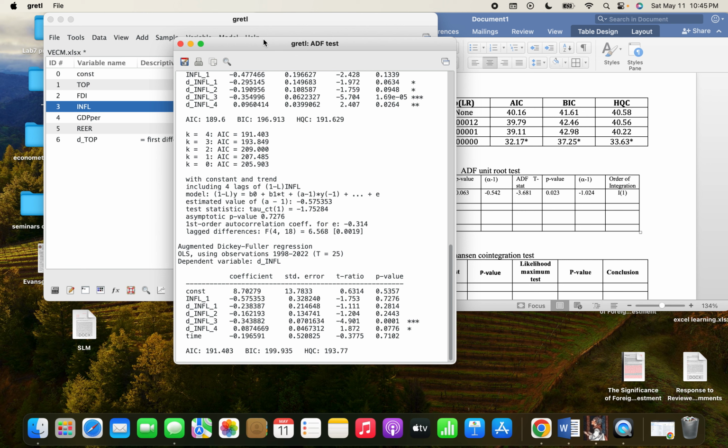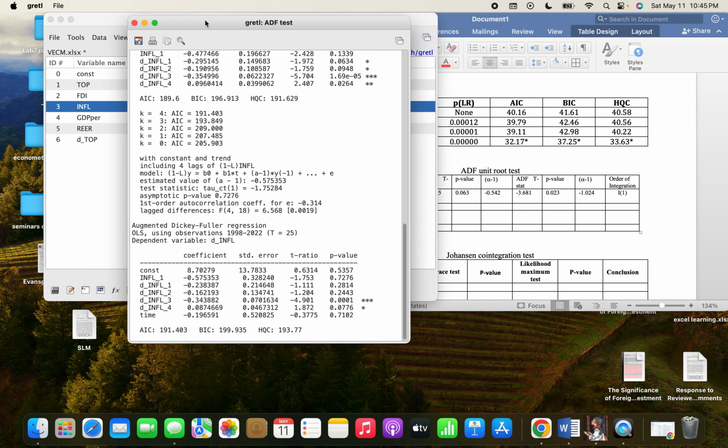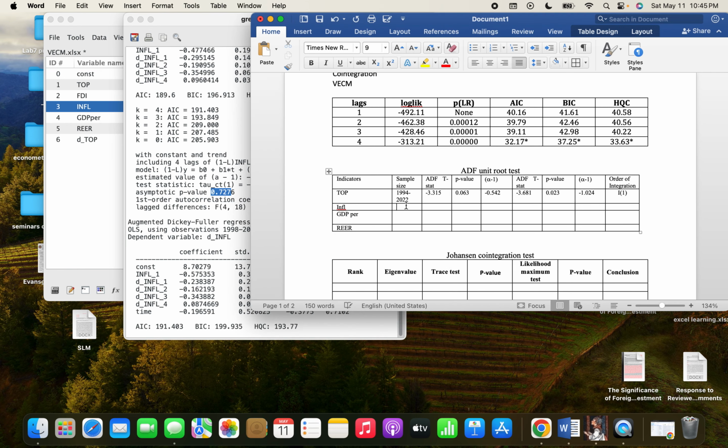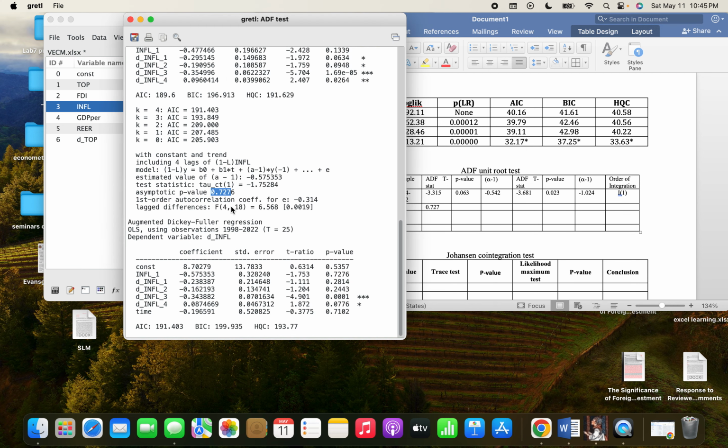So always, if you want to use the vector error correction, please try and stay away from the inflation rate, because sometimes even at levels it has no unit root. So just for practical sake, let's just try to copy this one as the p-value we had and paste it here, and also copy these ones and paste them as our ADF